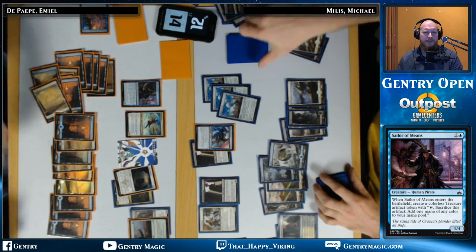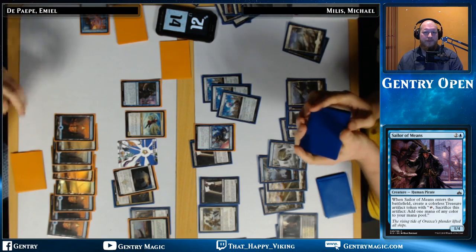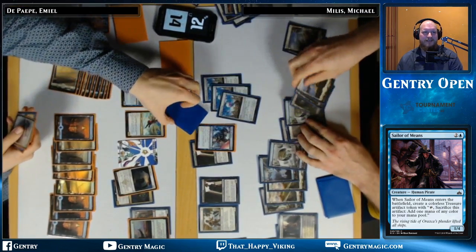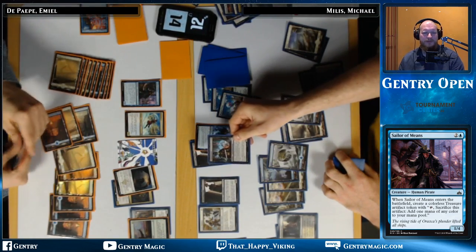See some blink effects there. Fetches. Doesn't have any basics anymore. It's mostly to check what he could still get. And it's amazing how hard it is for people not to walk into...